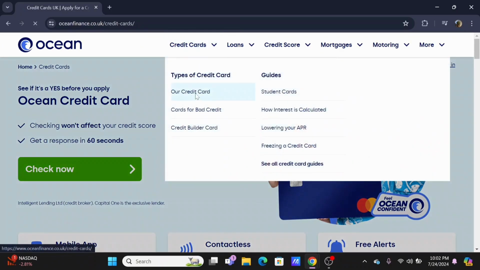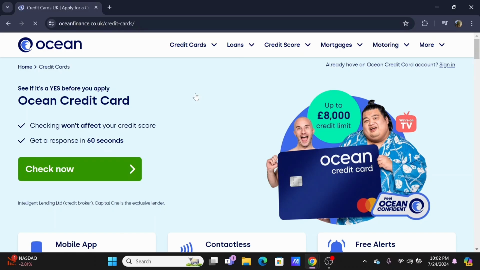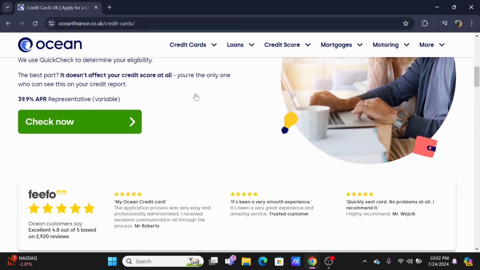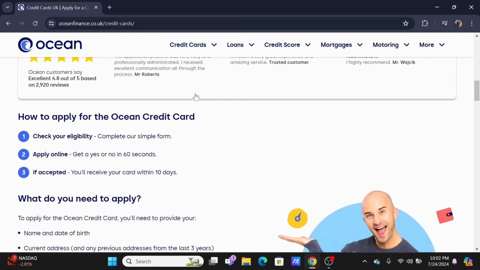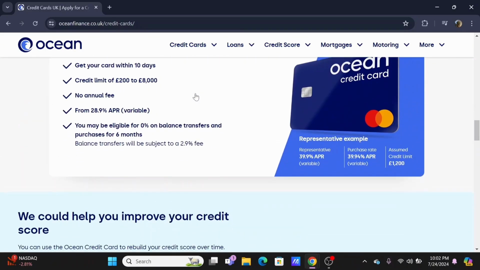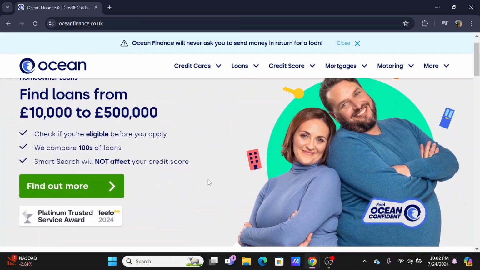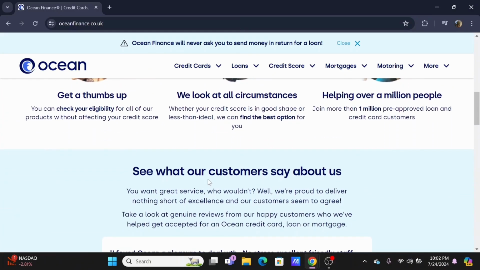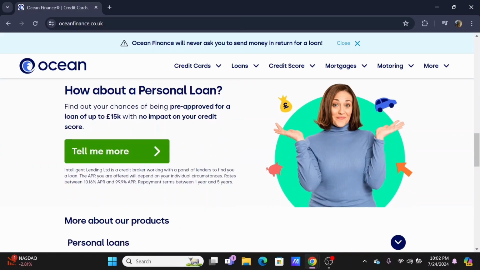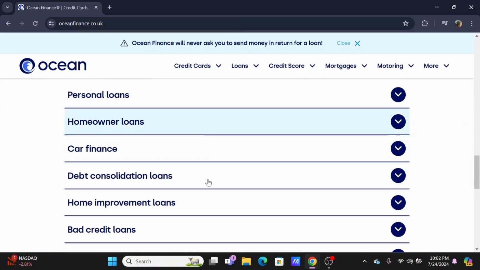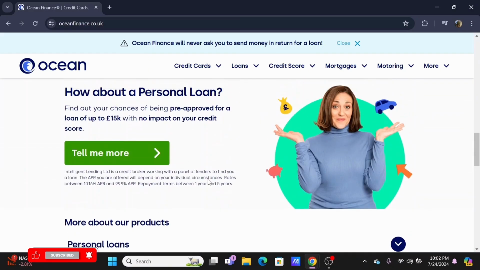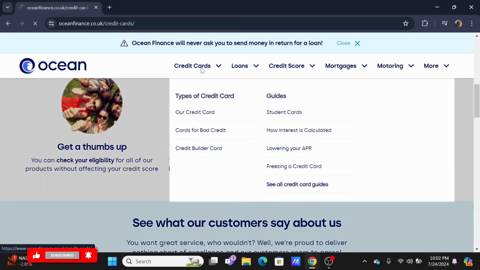Now for this, if your credit card is issued by Capital One and has the Ocean logo on it, you can activate it through the Capital One's online platform as well. If your credit card is from a different financial institution, you will have to provide the name of the bank or issuer, which can assist you with the activation process, for which you need to check out the help and